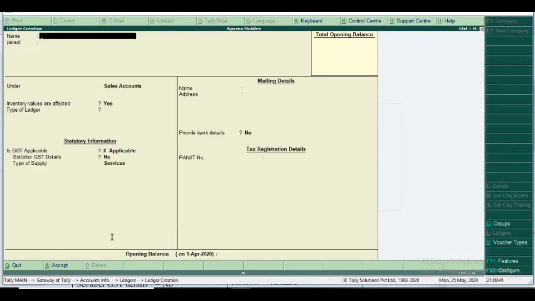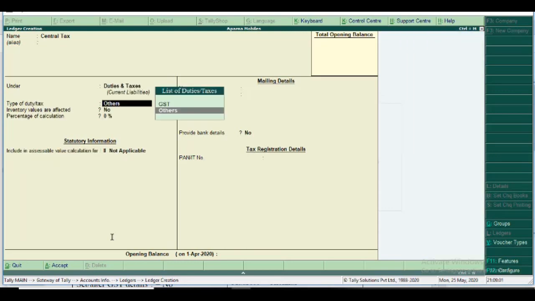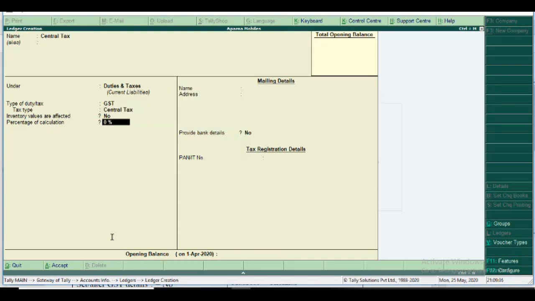So easily we create, first we create central tax. Central tax under group Duties and Taxes. Type of duty you must select GST, tax type central tax.